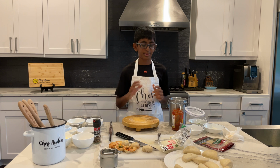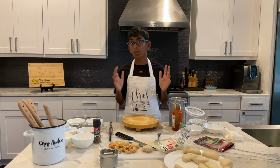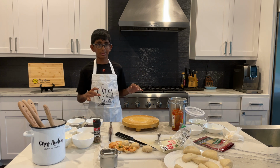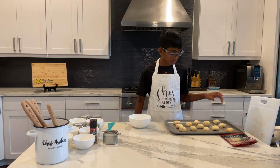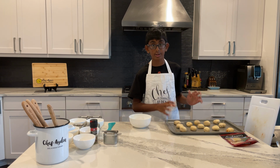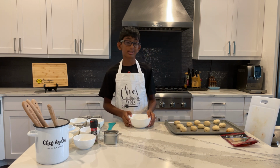So I'm gonna do that with the other 10, and then we can put on the spread on top and sprinkle on a little bit of cheese, and then we will bake them. So I finished making all of the rest of the pizza balls, and they are all done now. Then I transferred them onto a baking sheet or a cookie sheet, and now it's time to make the sauce